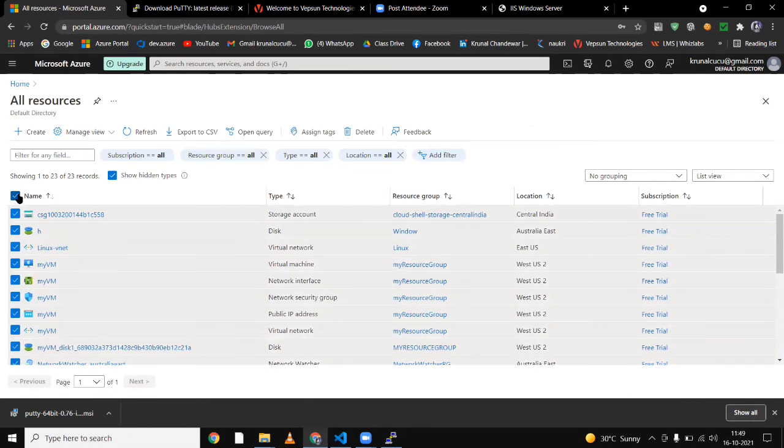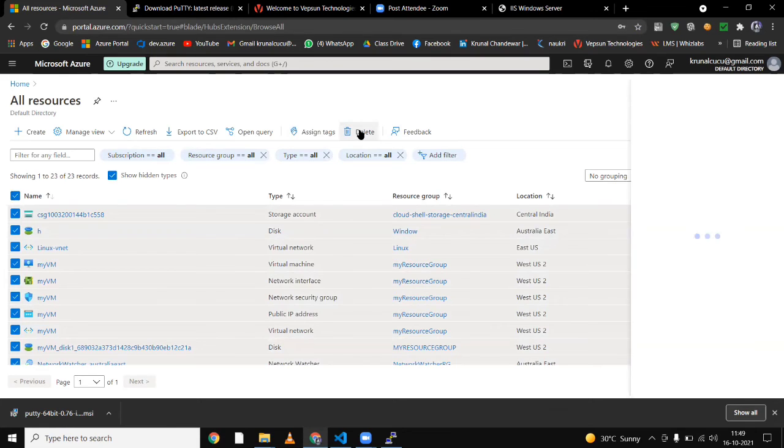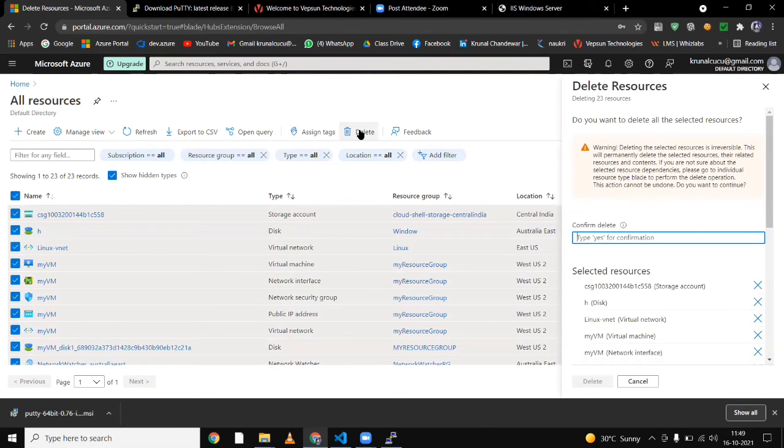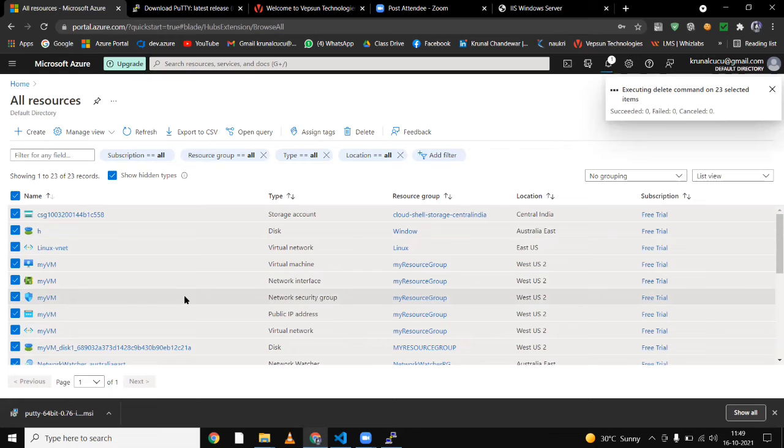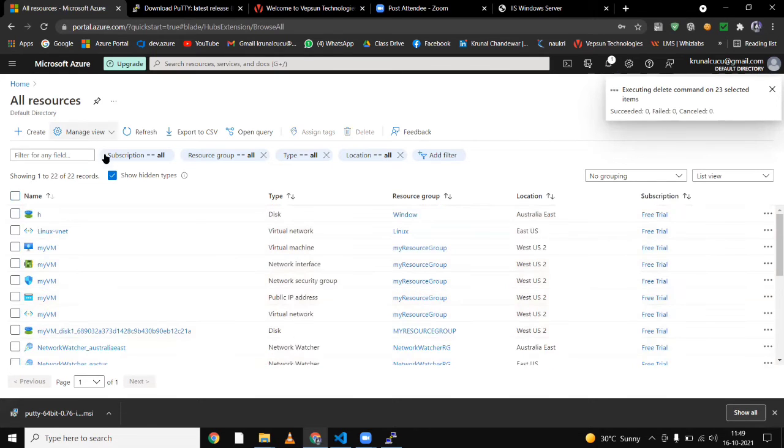Then click here, click delete, and say yes, and all the services you created will be deleted. If you don't click Show hidden types, a few are hidden. One time I did not click here and I got a charge of 2,000-3,000 rupees. So no need to do that. Always click here and then delete your resources.